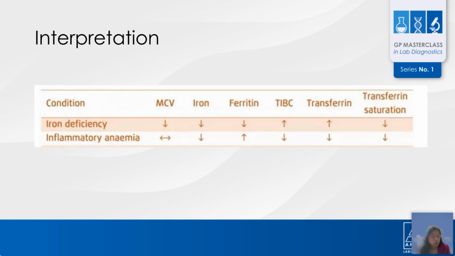Transferrin saturation alone is also poorly specific in conditions like pregnancy, in patients on contraceptives, and also in chronic illness. And we can sometimes see a low transferrin without an absolute iron deficiency. So in patients with chronic inflammatory conditions, interpretation of the iron profile must be done cautiously. Any clinical or laboratory evidence for an active inflammation state should prompt further investigation for iron deficiency.